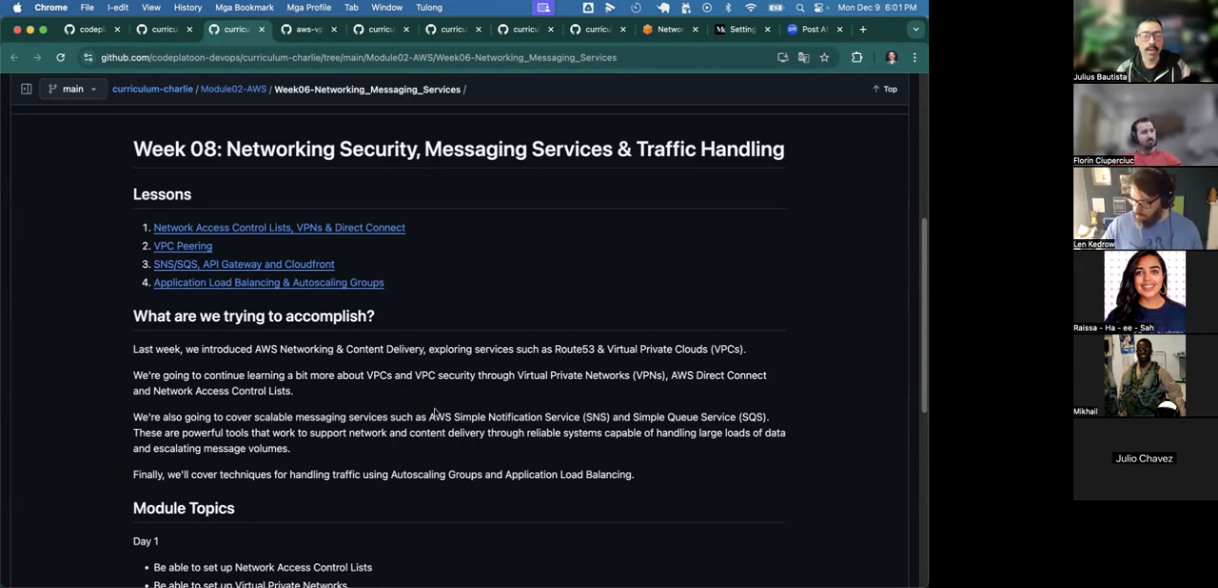And you can think about all three of these groups of topics as being advanced networking, right? They aren't crucial to the most basic foundational structure of a network, right? Because we saw last week we were able to do that without this extra security, without these messaging services, without any kind of scaling. But these are still important resources because